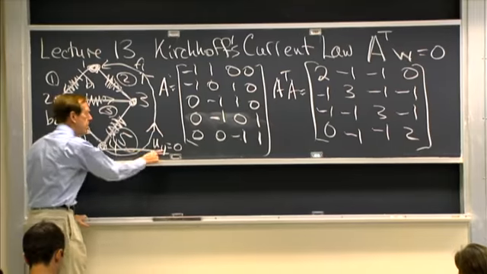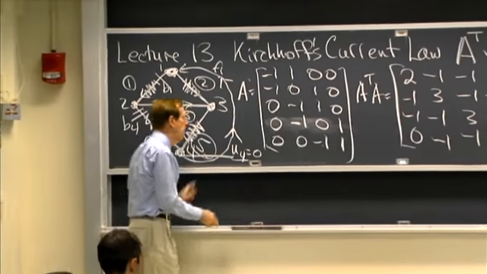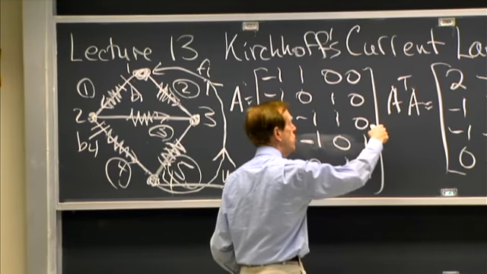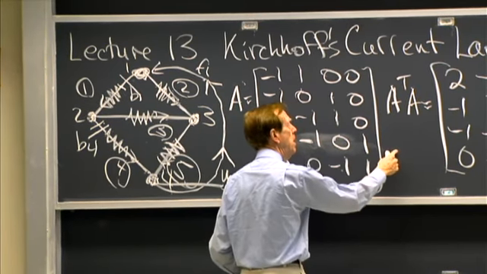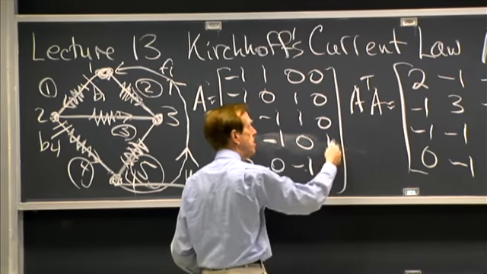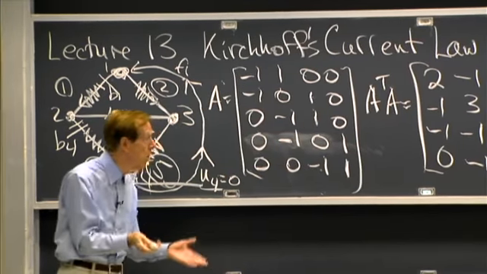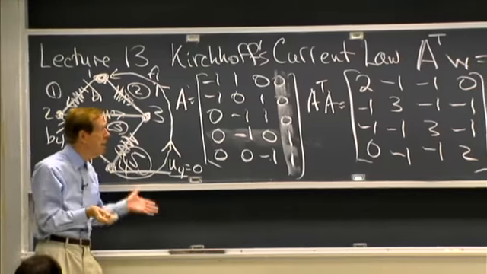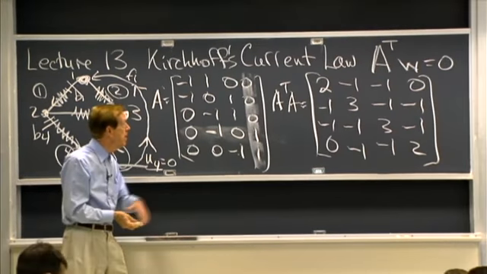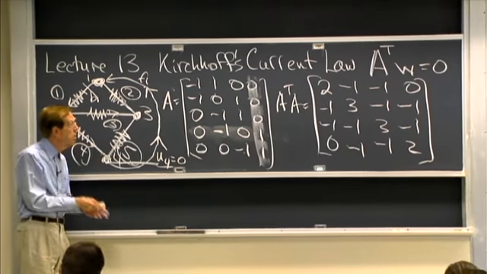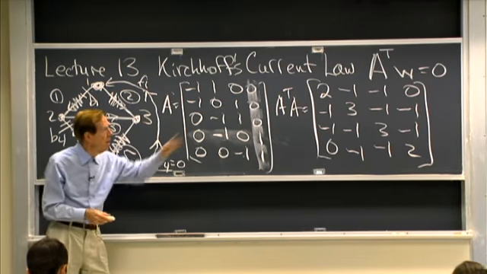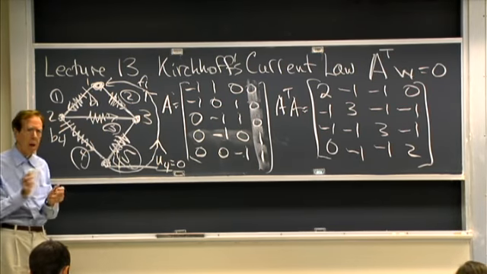Now, I indicated what happened here. When U4 was 0, that means that in A times U, the U4 there, the 0 is multiplying this column, which is not unknown anymore. It's known. And so that column is not really any more needed in A transpose A, because U4 is gone from my list of unknown potentials. Okay, now,